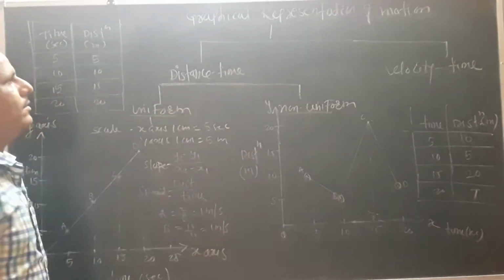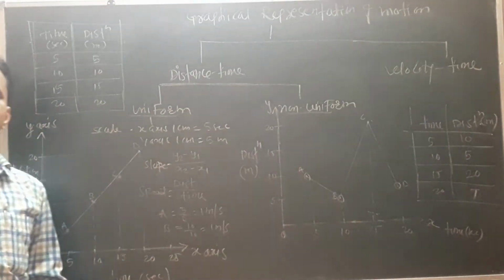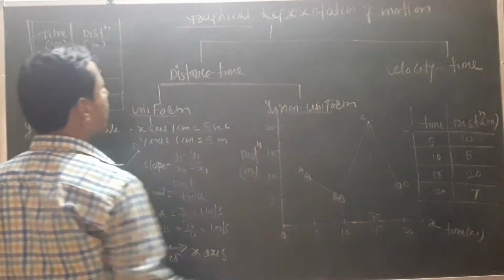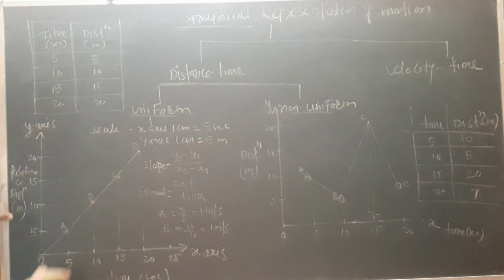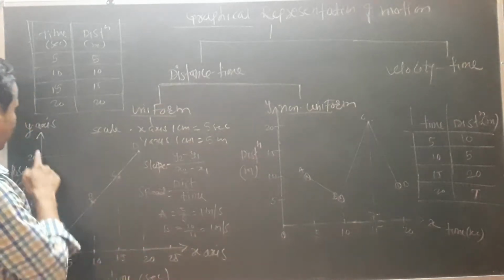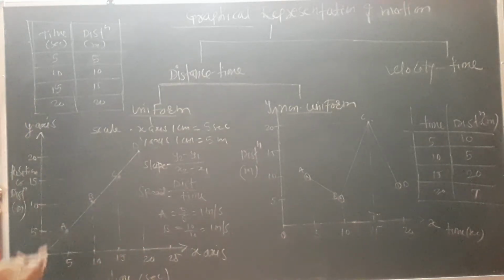Now in this article we are going to represent the motion in the form of a graph. So we know what we mean by a graph. A graph is nothing but a diagram through which we can represent data, simply in two dimensions, here the x-axis and y-axis, where we can present the data.